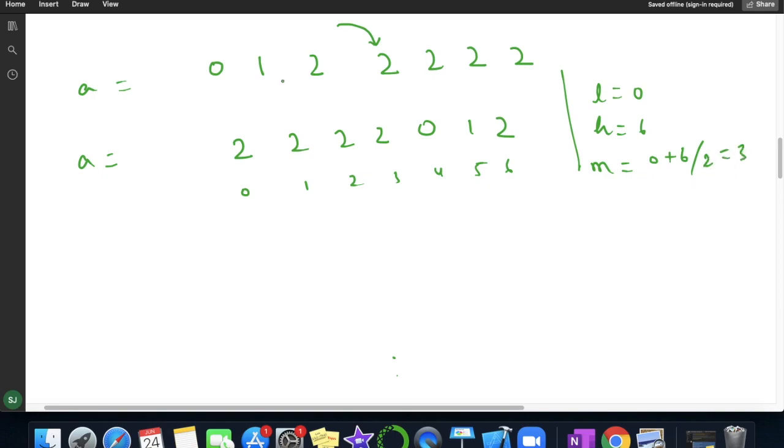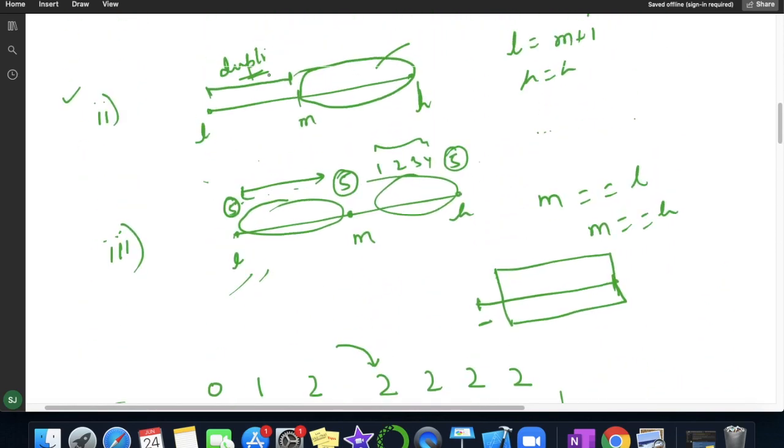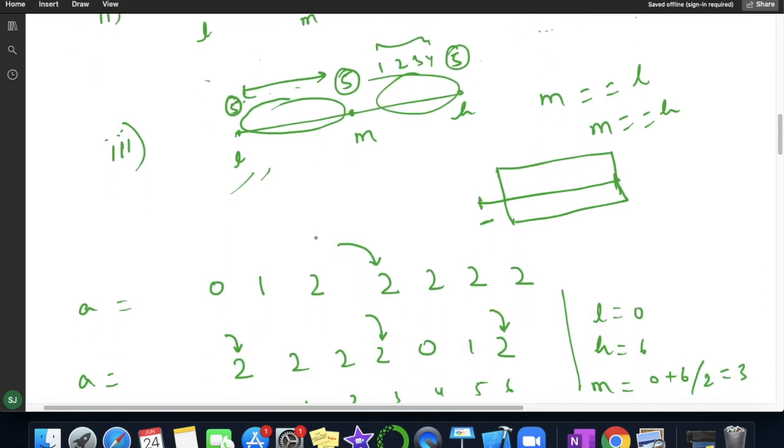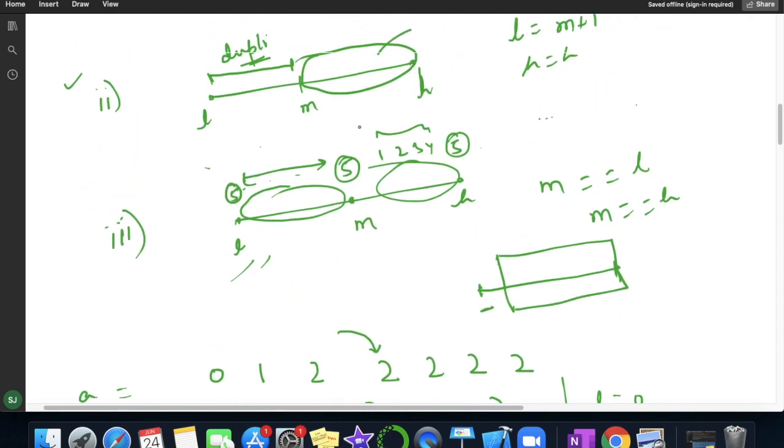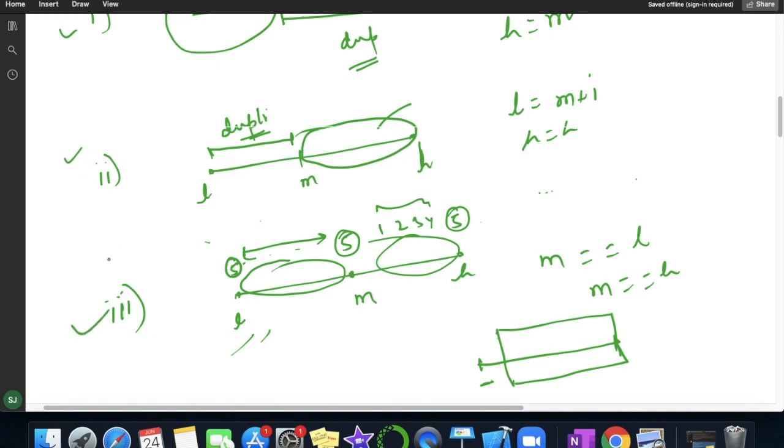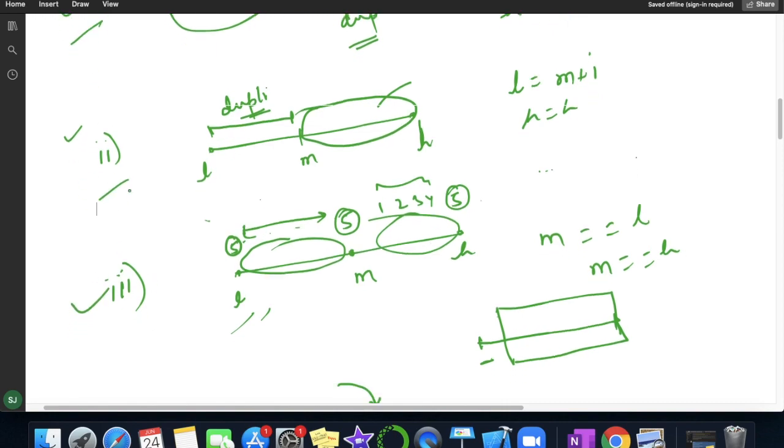Now if you see here, this is my mid value, which is 2. My low value, mid value is here at index 3, which is 2, and my high value is also 2. So you can see this is coming in which part? Part C, the complex one. So we'll try to build the logic in part C only, so that it will cover part A and part B as well.